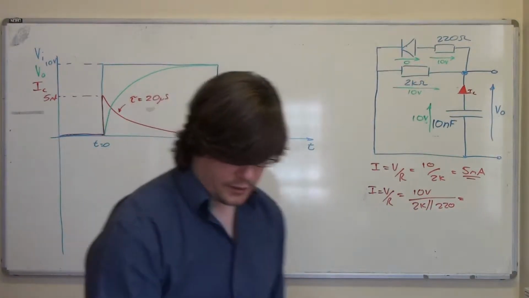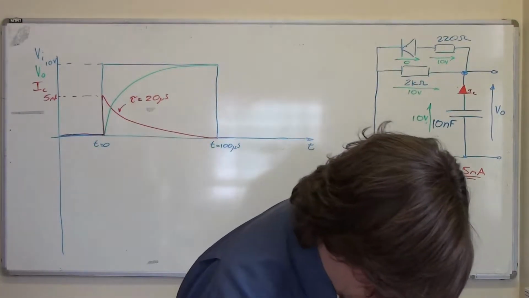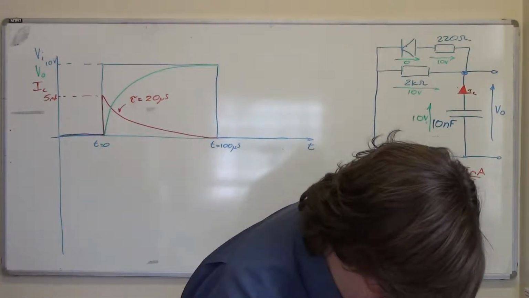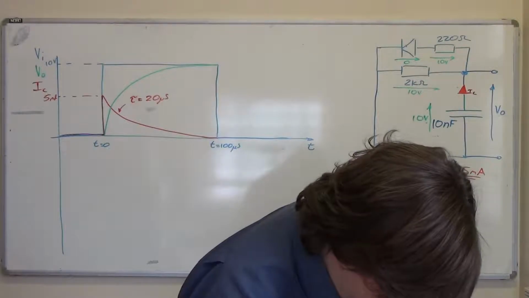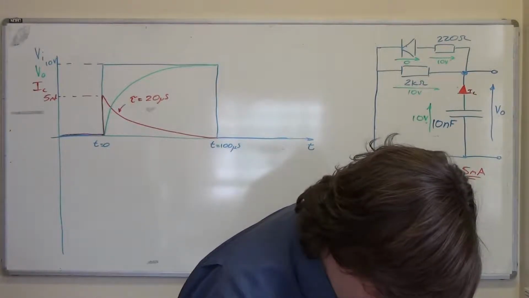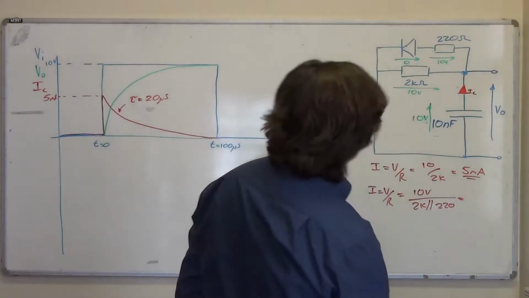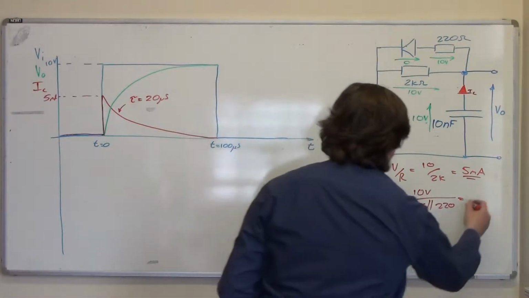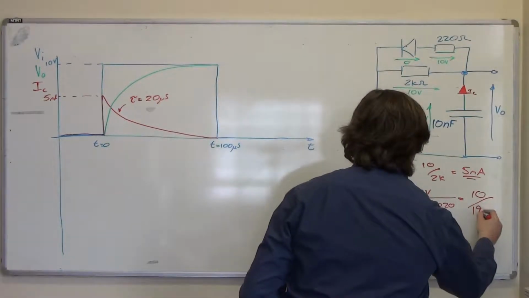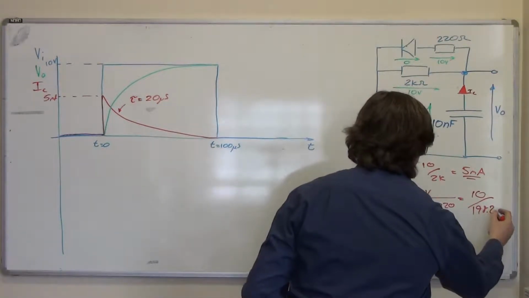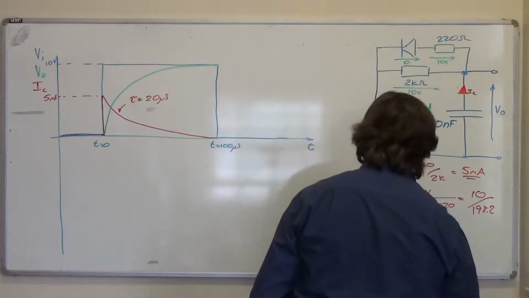So what is that? Well, we've got 2E3 times 220 divided by 2E3 plus 220, 198.19 ohms. So we've got 10 over 198.2 ohms,